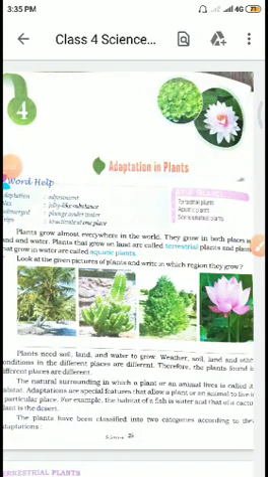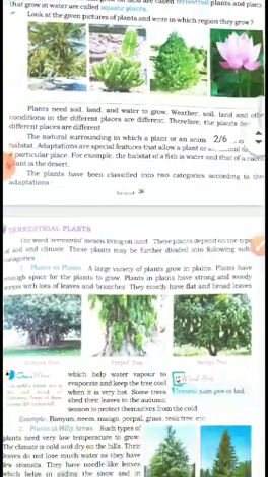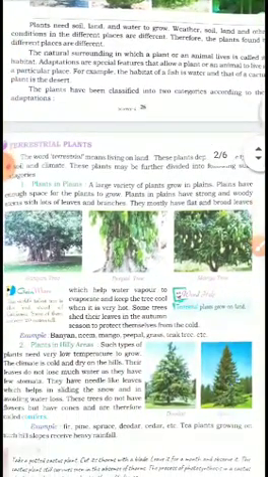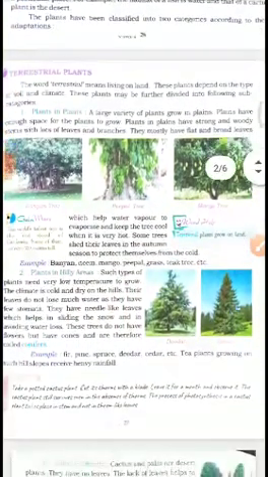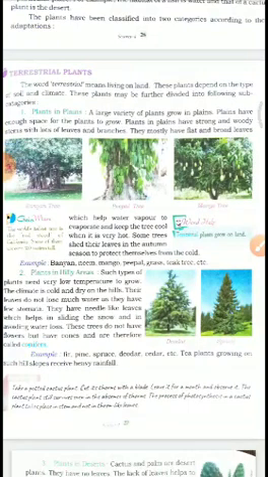I welcome you all to today's session of science, and we are on chapter 4, adaptation in plants. In my previous session, we have seen why plants need different adaptations. We have seen terrestrial plants and aquatic plants. What are they? We have seen some examples of plants in plains and plants in hilly regions, banyan and